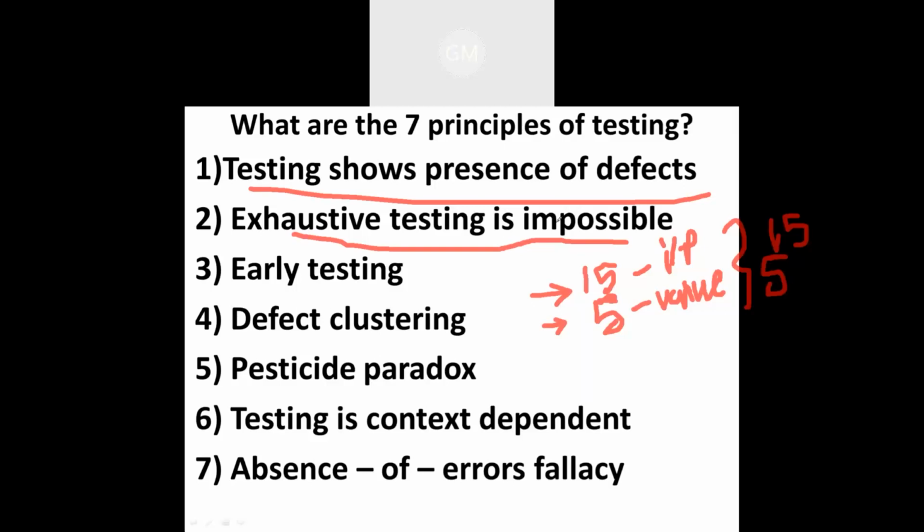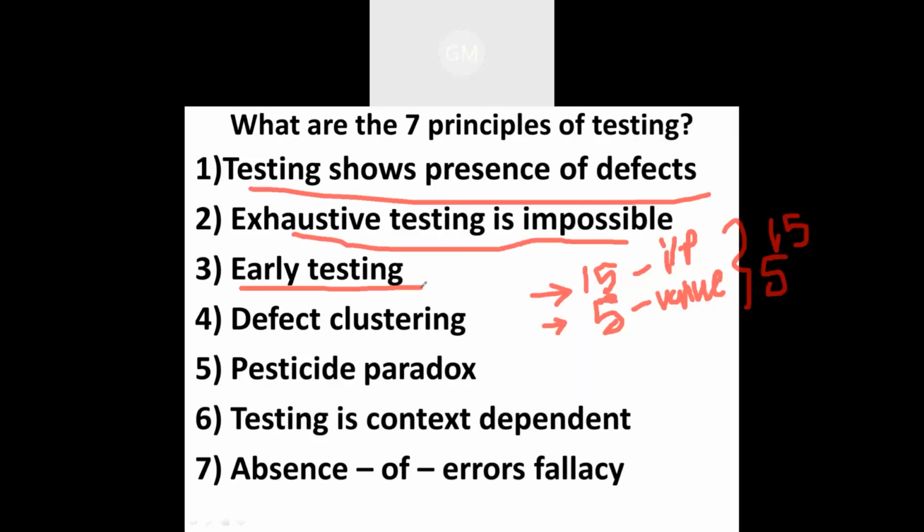So in that case, mainly we can see the timeline of the project. Depending upon the timeline of the project, we can consider only higher priorities and risk areas like username and password. These are the most critical values which are going to be considered in each and every project. So exhaustive testing is impossible in terms of the whole project execution. So we have to decide the priorities and risk areas, and according to that we can perform the testing. This will be the second software testing principle.